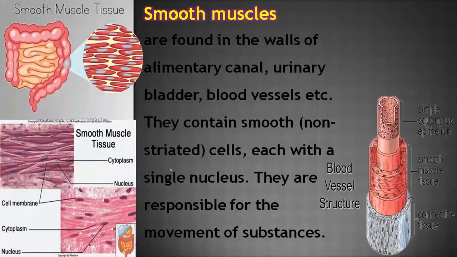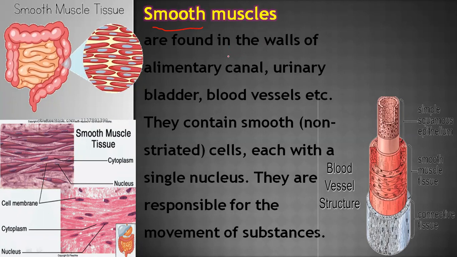Next, there are smooth muscles. They are given the name smooth because they do not have any striation. You can see here is no striation, no lines in the muscles. They are having spindle shape. Spindle shape means this type of shape which is tapered, or conical, or very thin from both of the sides, and from the center it is broad. This is called spindle shape.